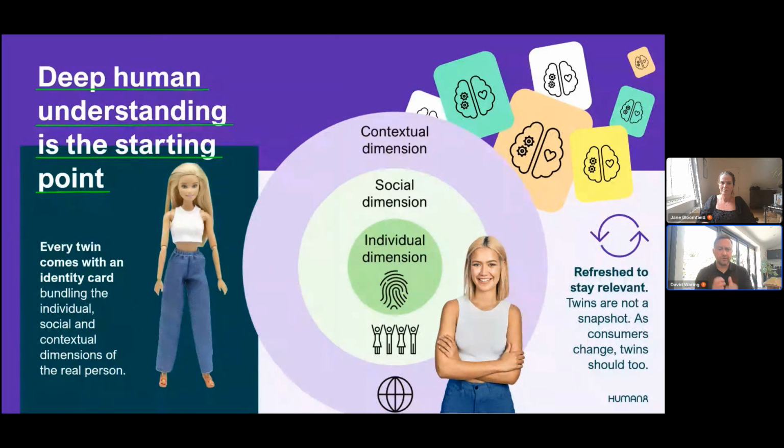And what you can also do is extend the memories of twins as well. I'm going to talk about a project where we've done that, but the example, which is a great one, is where we've asked the individual to go in store and do in-store missions, and we're then transplanting the memory of those events onto our digital twin to give the lived, real experience.